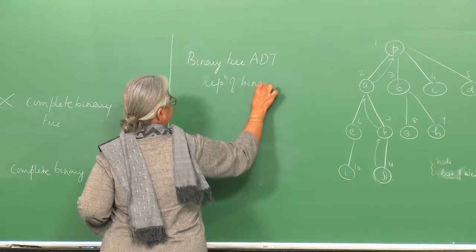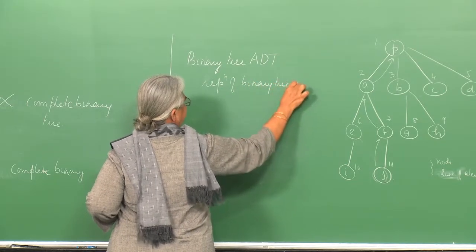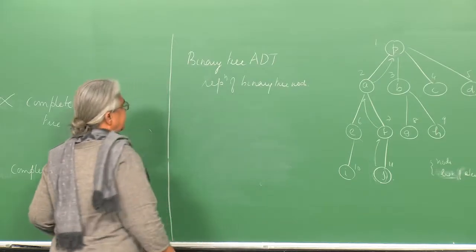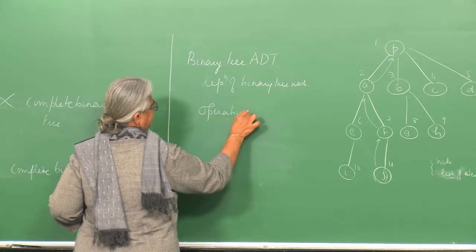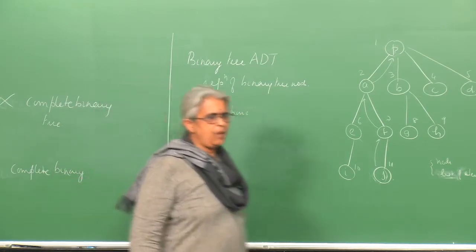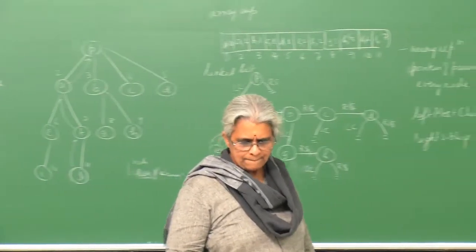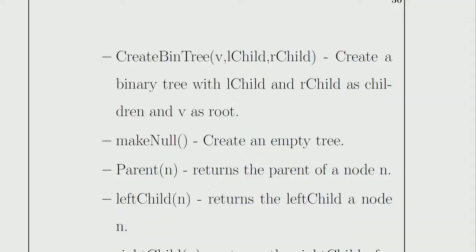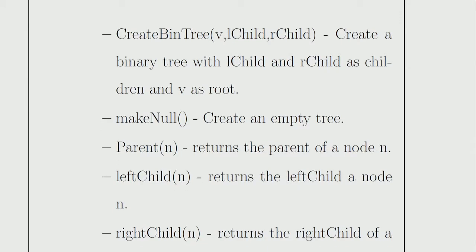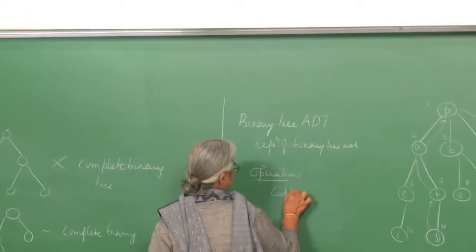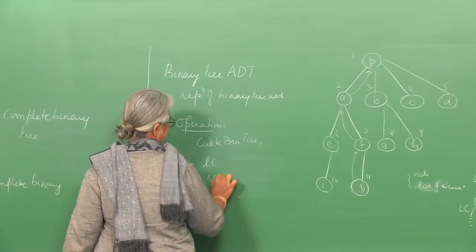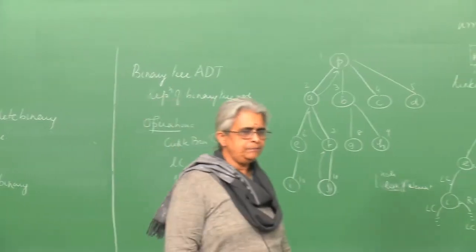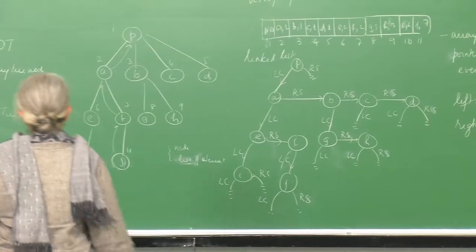Binary tree node. So, essentially a recursive data structure, and then you have operations which can be performed. And what are the operations that you perform? Because an ADT is like a mathematical model and we perform various operations on it. So, what do you want to do? You want to create a binary tree. First, create an empty binary tree or create a binary tree with a particular node, because you have to start from somewhere. Then you want to find left child or right subtree. Okay. Then you want to find the parent of a given node,